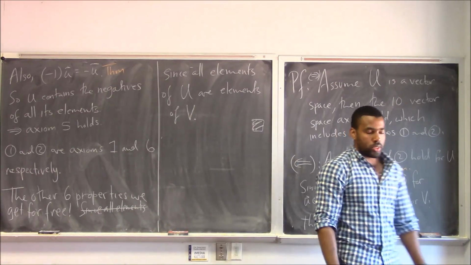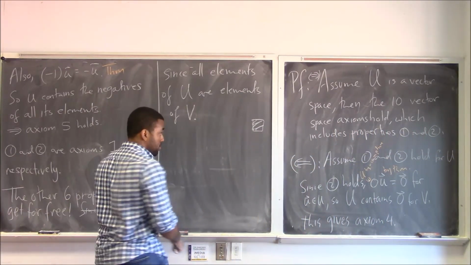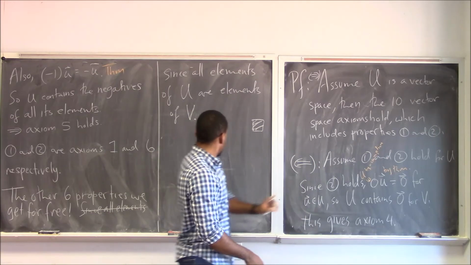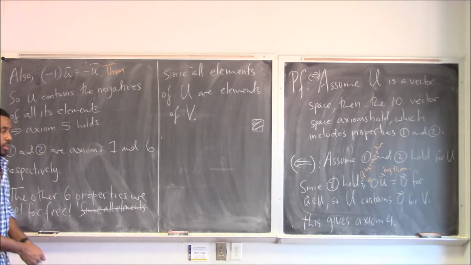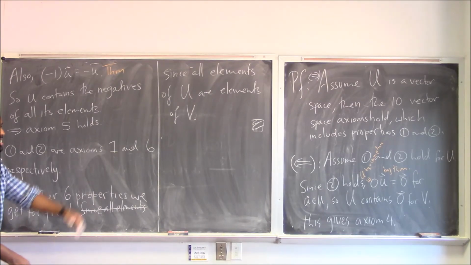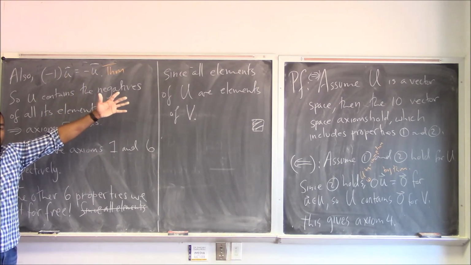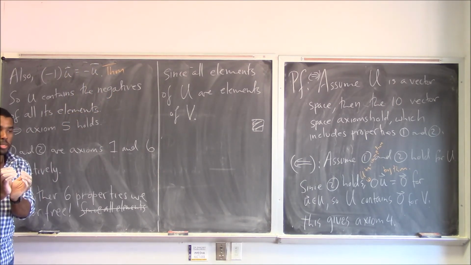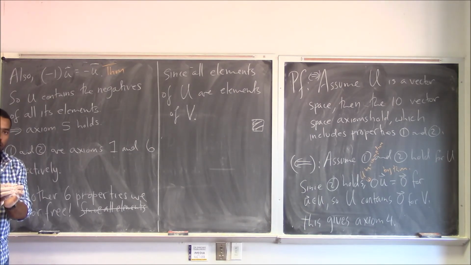So it turns out to prove something is a subspace, I only need to verify 2 axioms. I need to verify that it's closed under addition, well I erased them, it's closed under addition and scalar multiplication. Okay. So this allows me to save a lot of work. If I already took the time to verify all 10 things for some larger set, then if I look within that larger set at some smaller set, I only need to verify 2 things to know that that smaller set